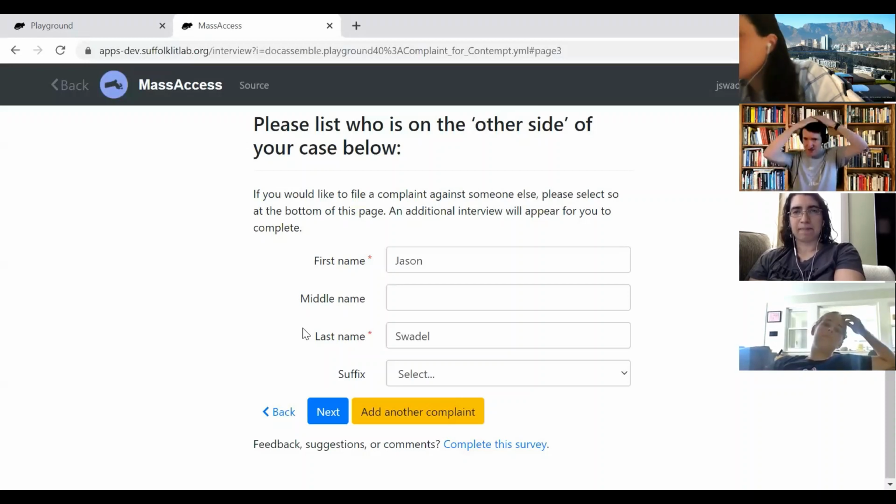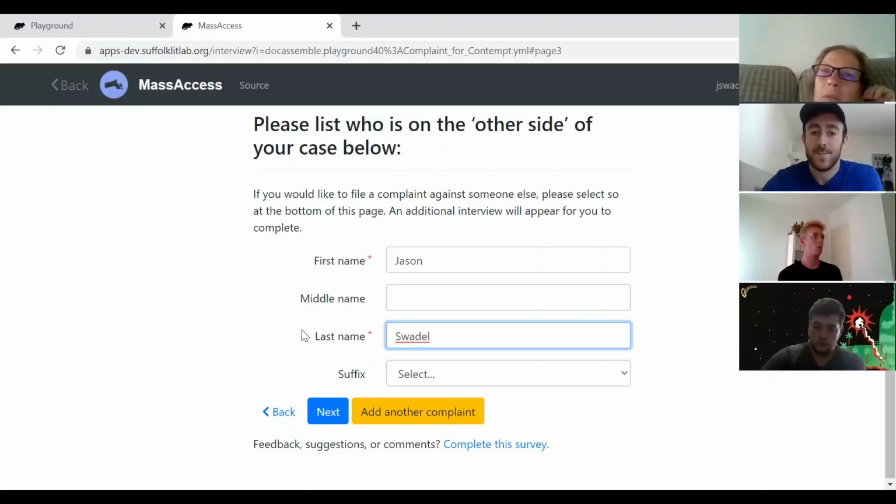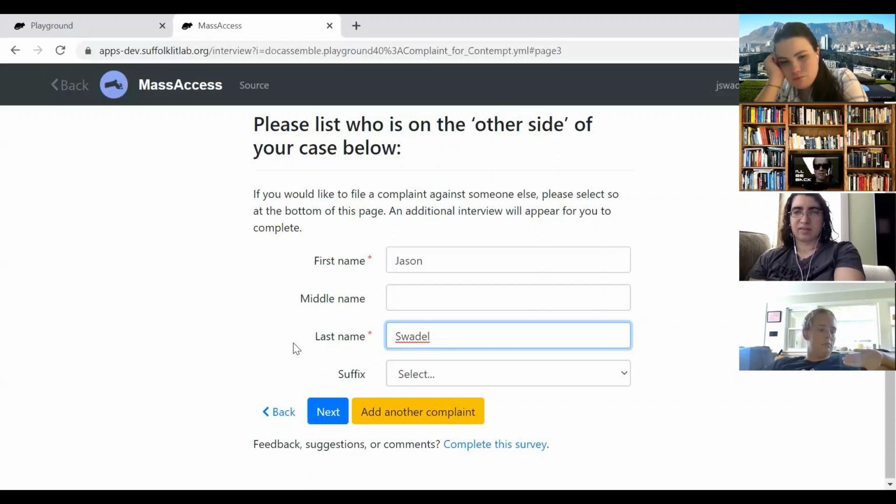Because people are going to disappear. A lot of people are going to disappear. So maybe it makes sense for MVP to do one complaint with one defendant, and then think about how we could make that a better interview next time around. Basically, if there were more than one defendant, you'd have to start the interview again and do a new complaint, just for MVP. So I think we just need some wording about how to explain that to the user.